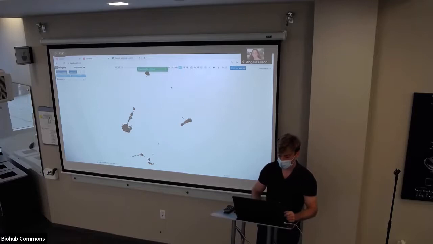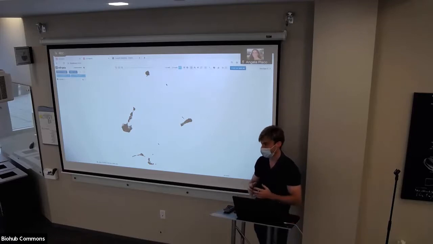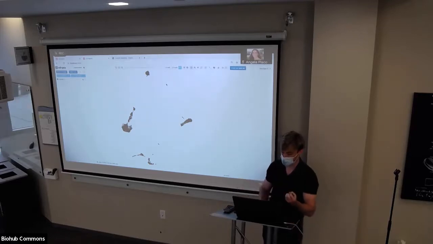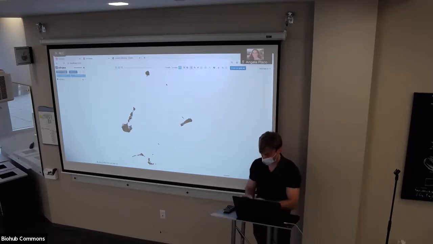Brilliant. So now we have a low dimensional projection of our data, and we can look at it. We have a bunch of dots here. Each dot is a cell, and the distance between dots corresponds to their similarity. If they're closer together, they're more similar. And if they're clustered relative to other cells in your data set, presumably they correspond to a cell type. So now that we have this view of our data,